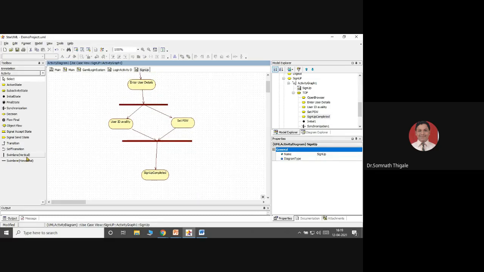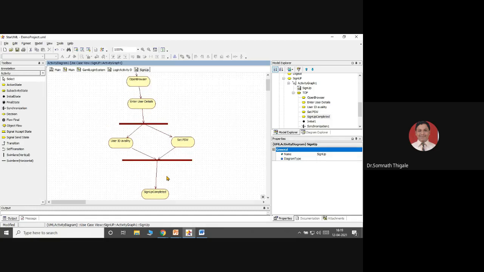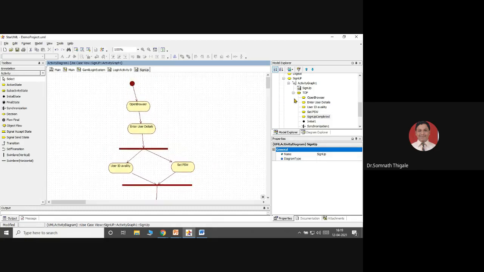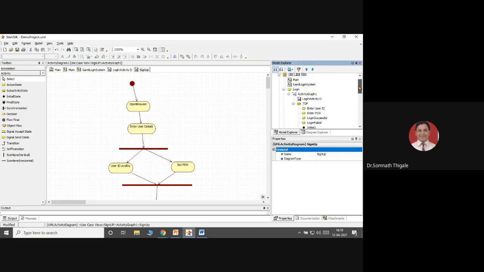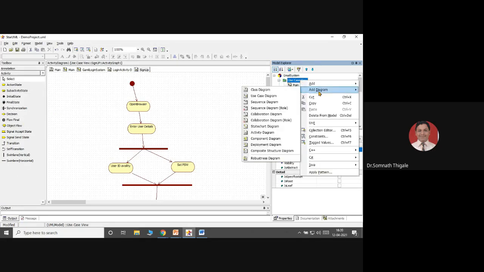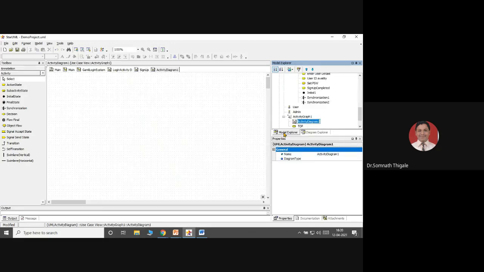Now when will we use the swim lane options? When at a time more than one condition is there, just like you said, OR conditions I want to check. I'll show you with one more example. I'll select this. I'll go to an option again, bank. I will directly add one diagram here. Add diagram, activity diagram. Select course. For example, I just want to select the course.